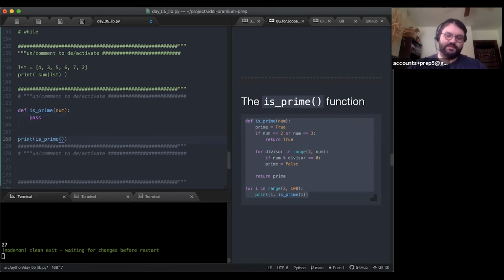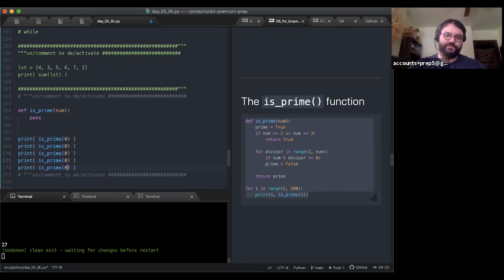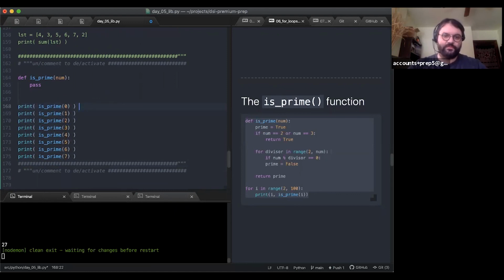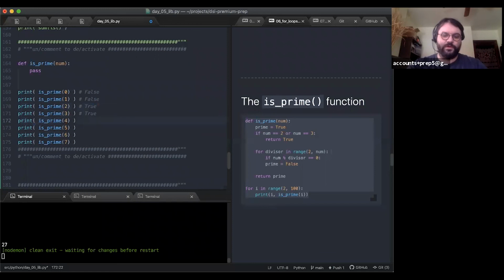So I'm going to write a test: 0, 1, 2, 3, 4, 5, 6, 7. 0 and 1 are not prime, so we expect this to return false. 2 and 3 are prime, so we expect true. 4 is not prime, so that's false. 5 is true. 6 is false. 7 is true.